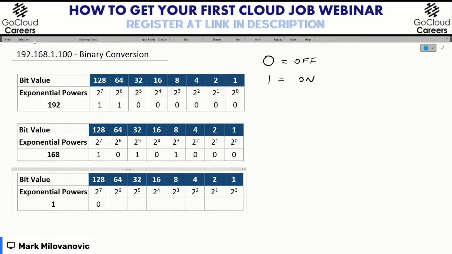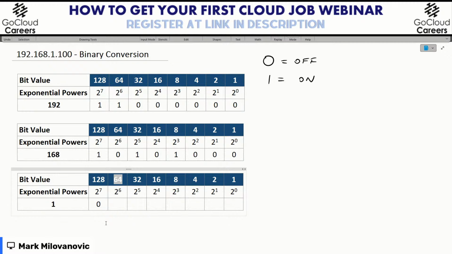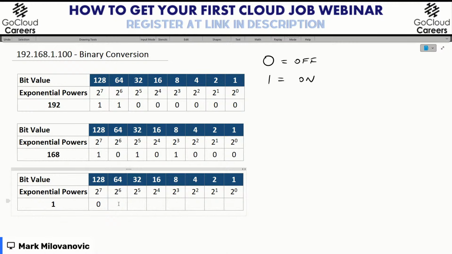Let's move on to the next value, which is going to be the 64. This is our next coin. 64, or 2 to the 6th power. Can I use 64? Does it get me to 1? Or does it overshoot? Or is it too large for the decimal value 1? And once again, if you think it is, meaning a yes, type 1; no is 0. Fantastic. Let's go with a 0.